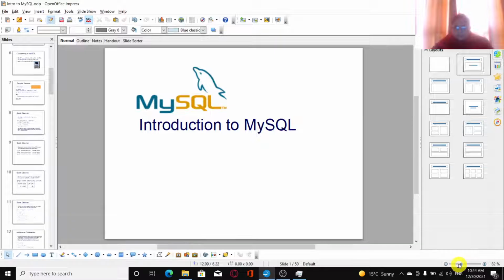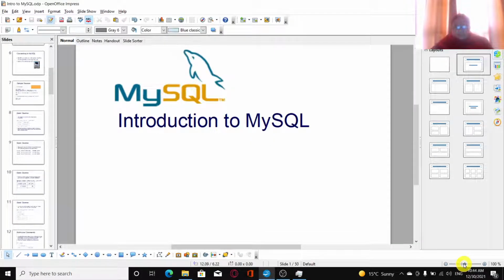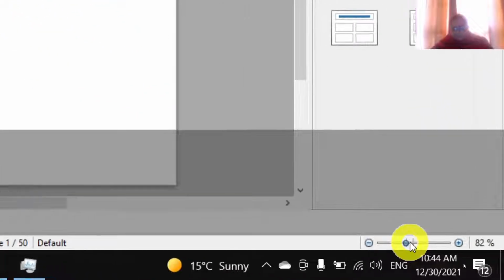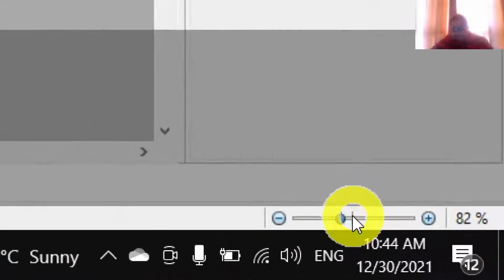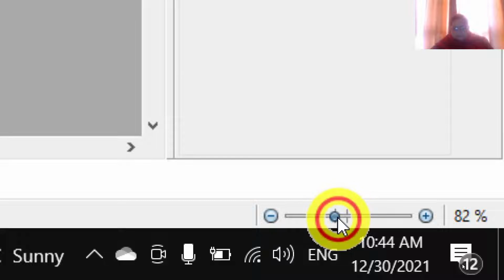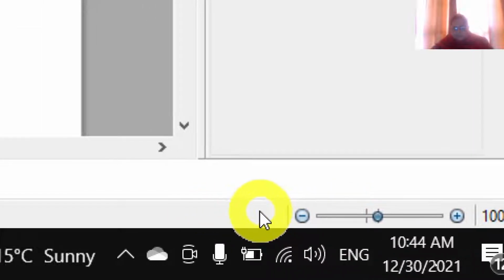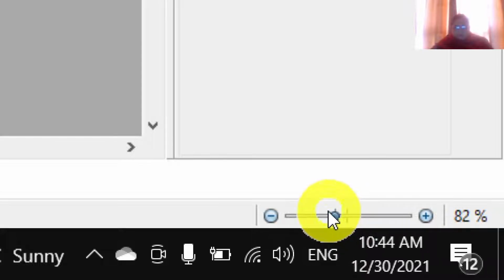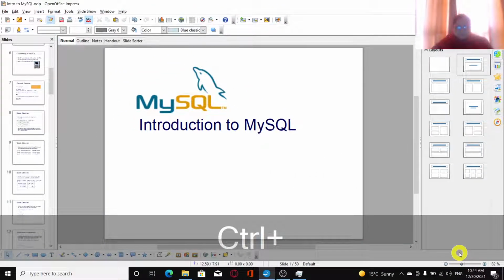Let us see that for ourselves. Like currently I am moving the magnification at the central bar and you can see it is set to the one that is fit width, and if you set it at the second bar over here it is set to fit width and height. So if you check here, there are two lines. This particular line where I have set the circle is fit width only, and this line is for fit width as well as height.